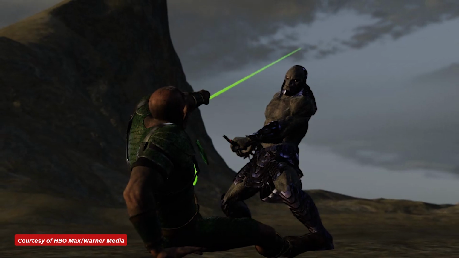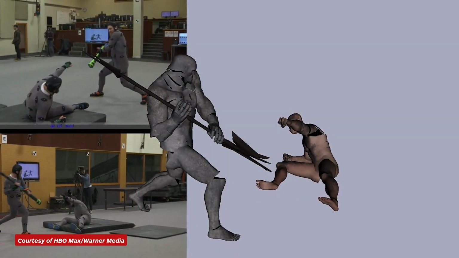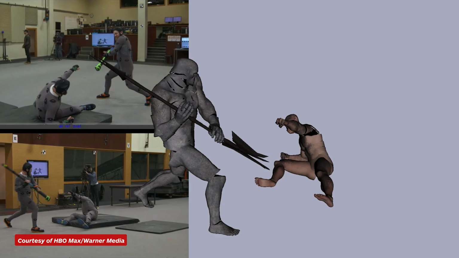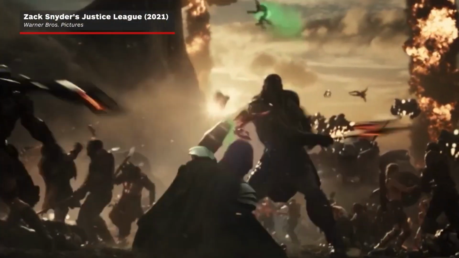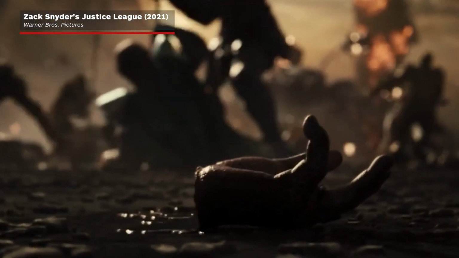We decided to do a new performance on that moment as well, which was a fun beat to do, where we could take his hand off and have that land in the foreground with the blood and all that sort of stuff and make it feel a bit more violent. That leads into the Defenders of the Earth. It gives them some motivation to fight back and push Darkseid back into his ship and send him back to Apocalypse.